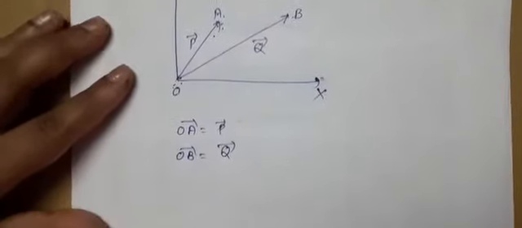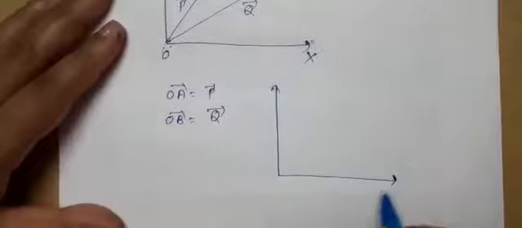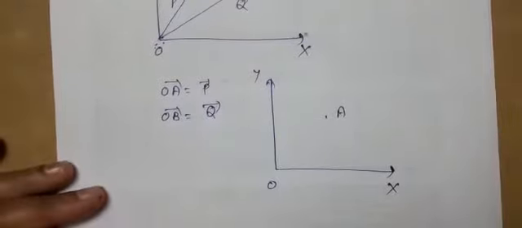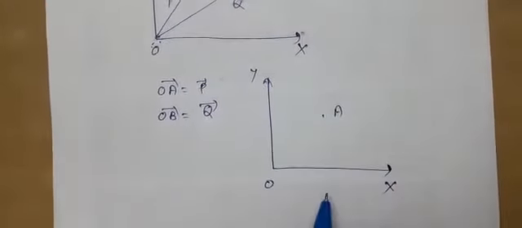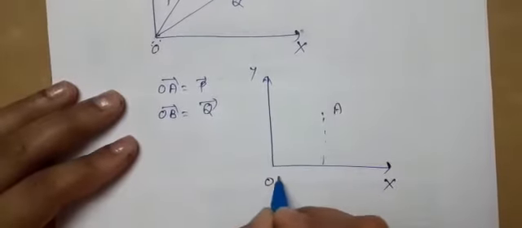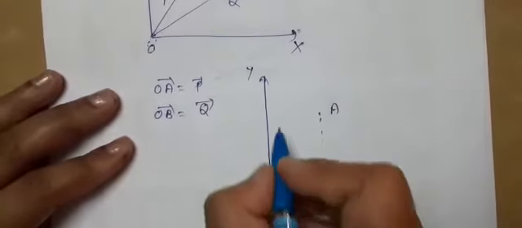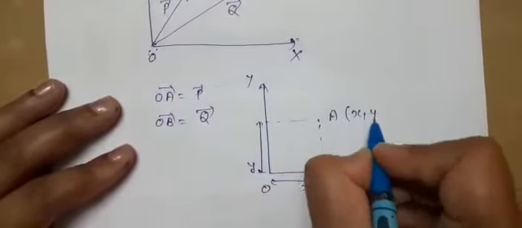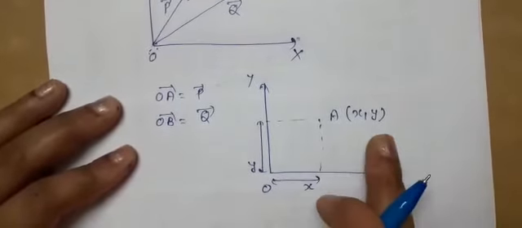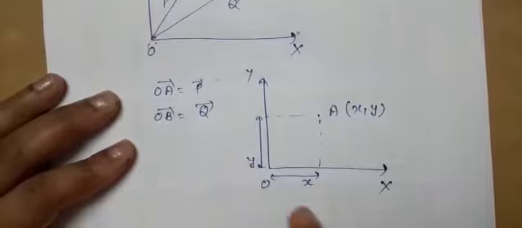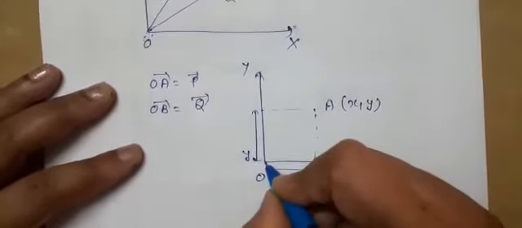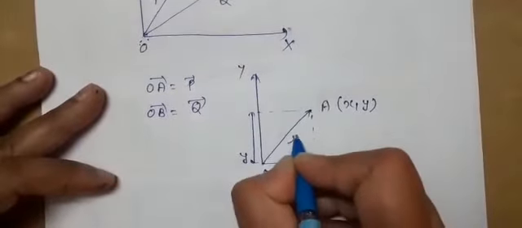When we are representing a position vector, there is one very important point you must understand. Let A be the position of any particle, of any body. If we have to measure its coordinates, with respect to the x-axis, let this coordinate be x. With respect to the y-axis, let this coordinate be y. So this point is (x, y). That means the x and y coordinates of point A with respect to origin are x and y. Then we join point O to A. This is giving the position vector.